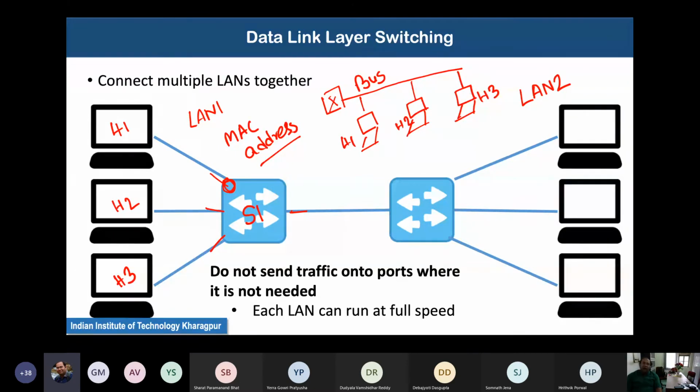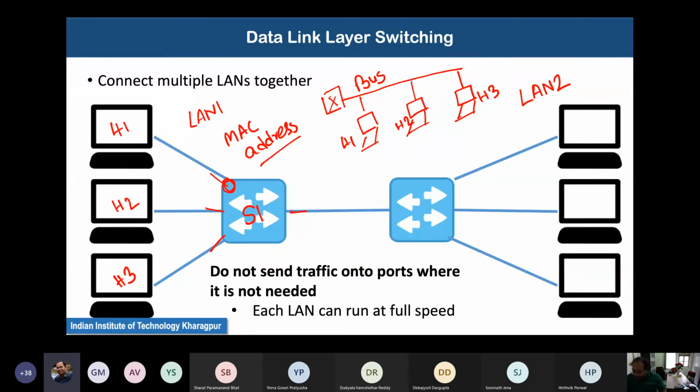Now, switches connect multiple different LANs together. Why do we call it a switch? We call it a switch because its task is to forward the traffic only to the intended port.